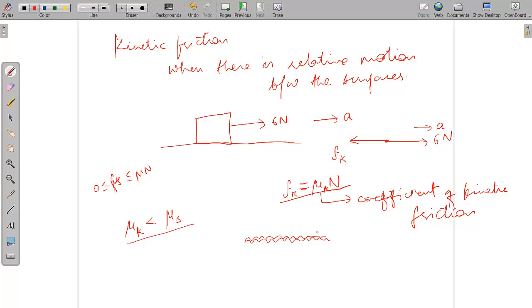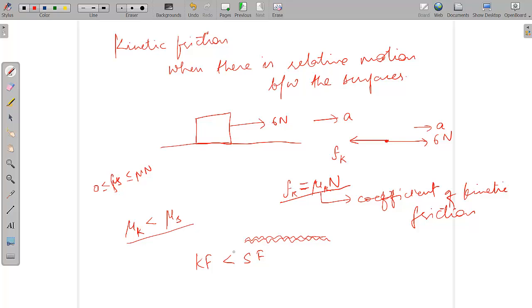So kinetic friction is always less than the static friction. That's what we call it. Understood? What actually happens is the surfaces become relatively smoother when the body is moving. So kinetic friction will be less than the static friction. Up to this point it's clear? What we studied is static friction when the bodies are not moving, and we saw that static friction acts only when a force starts acting. Initially, it will not act.